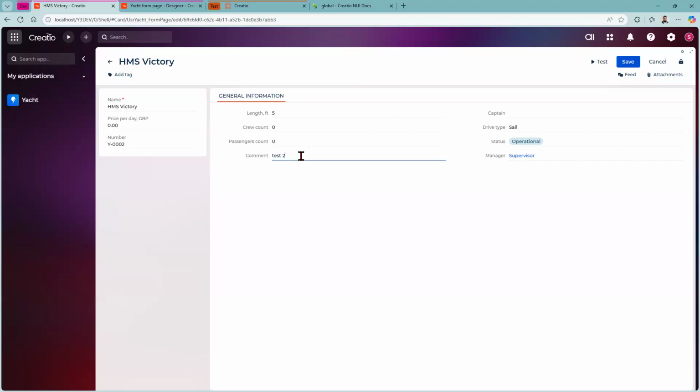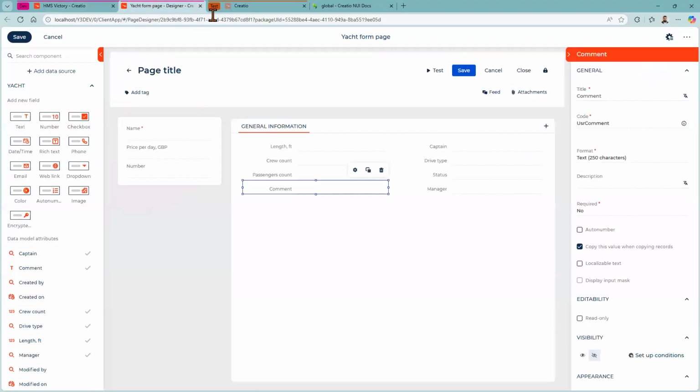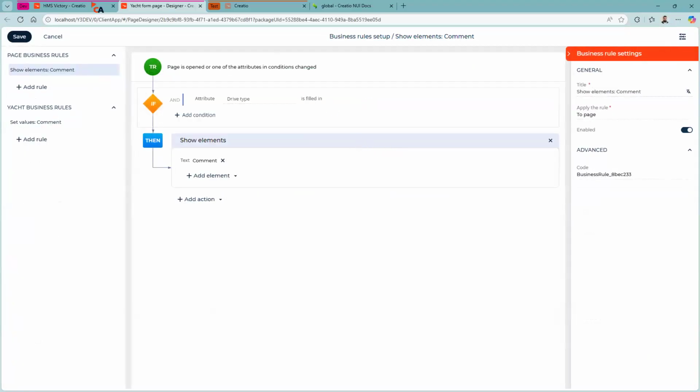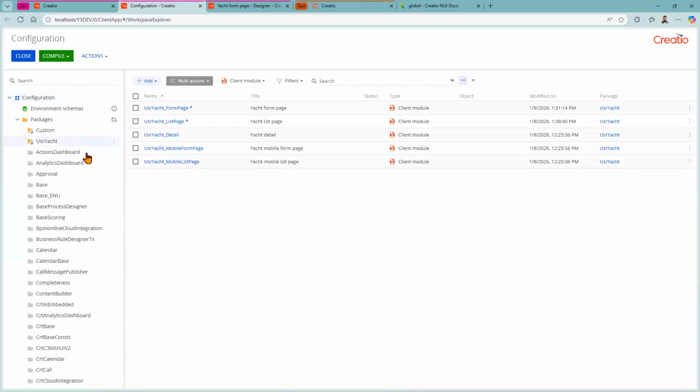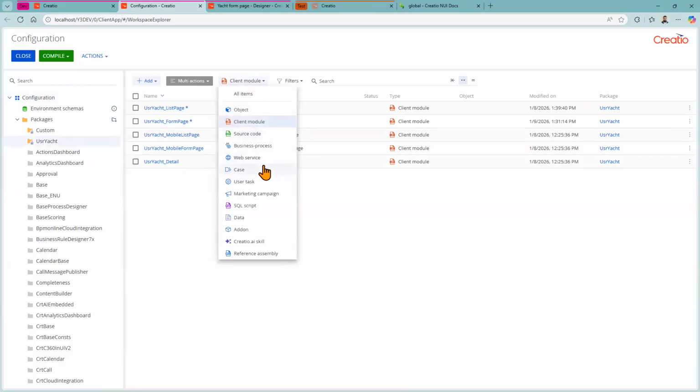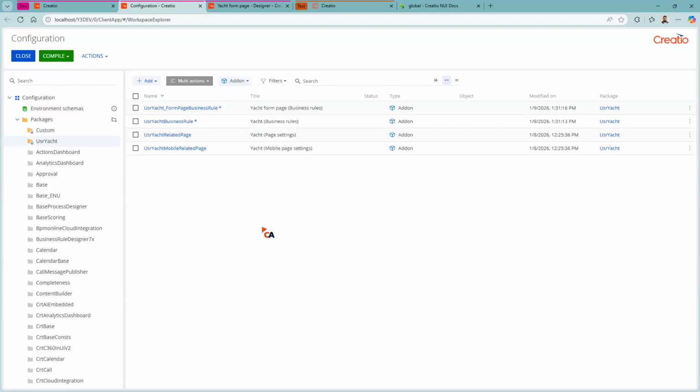Test 2, I change 5 feet to 2 feet, and again, the comment is cleared. So hopefully you will find an application for this null to a text field. But yeah, let's see them in configuration. Add-in items, sorry, not files, items, because an item in configuration is usually represented with multiple files